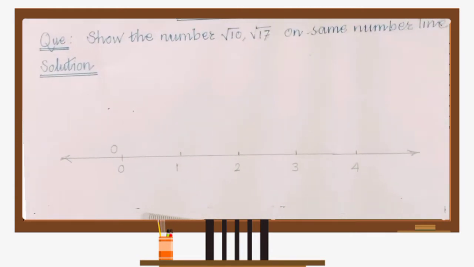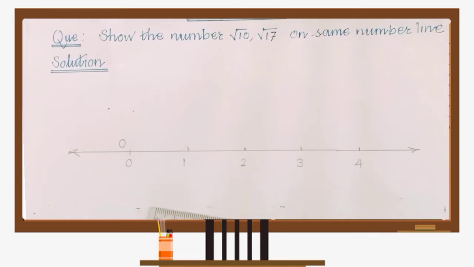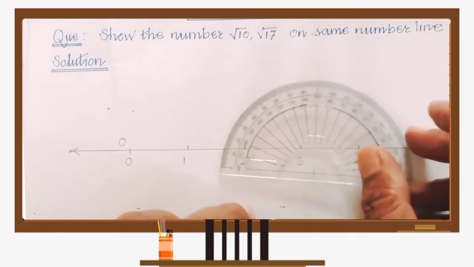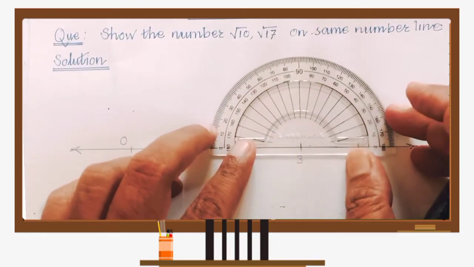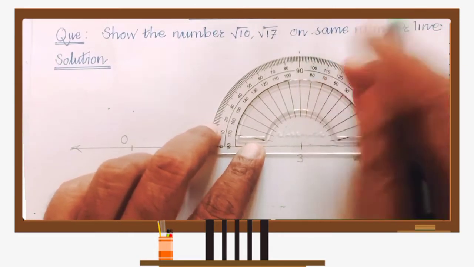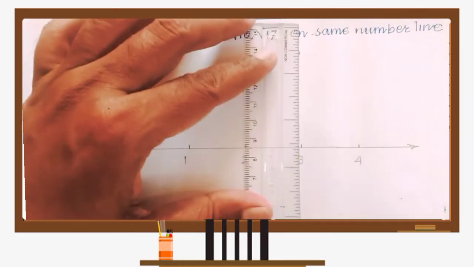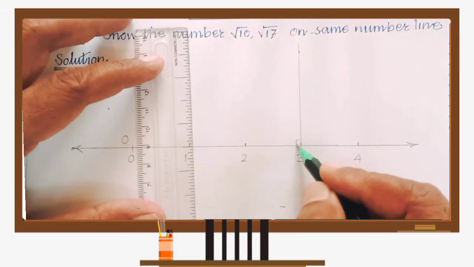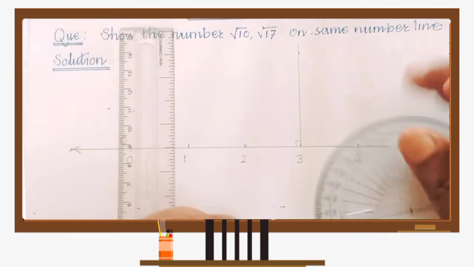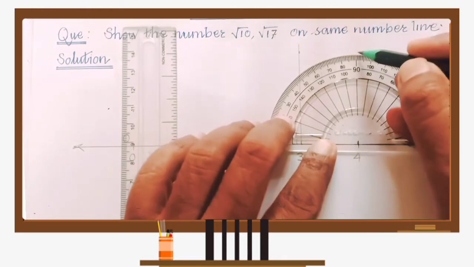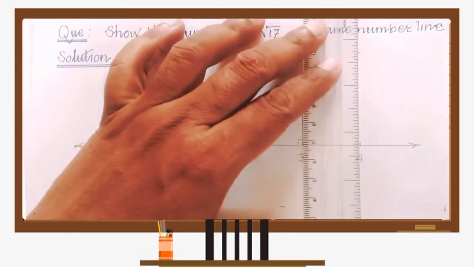Now you have taken a 1 unit distance. So with the help of a protractor, D आपको लेना है, and with the help of this protractor you draw a perpendicular on this distance, 3 unit distance. It is a perpendicular we have drawn here in this way, which is the 90 degree. Similarly you draw a perpendicular also on 4. So it is a 4.